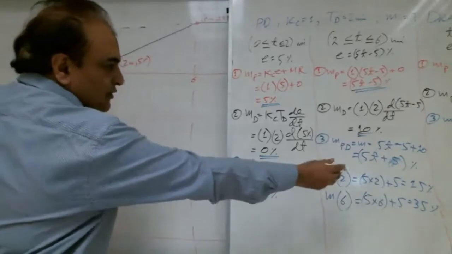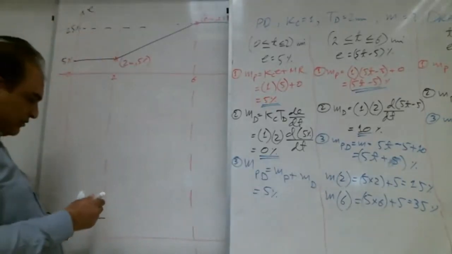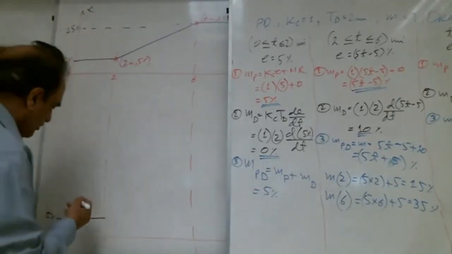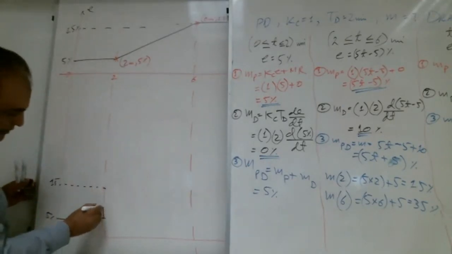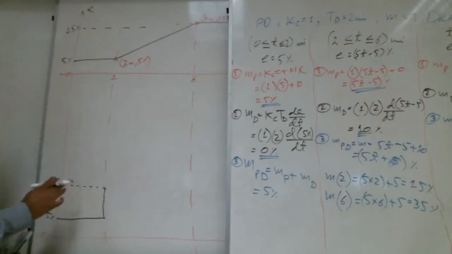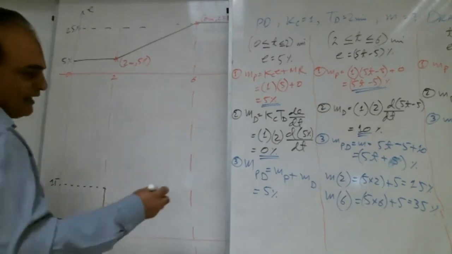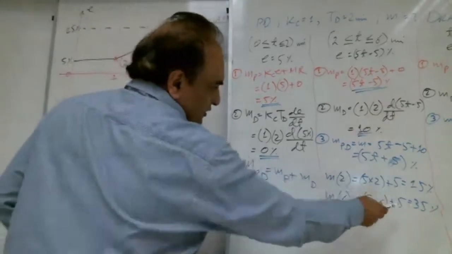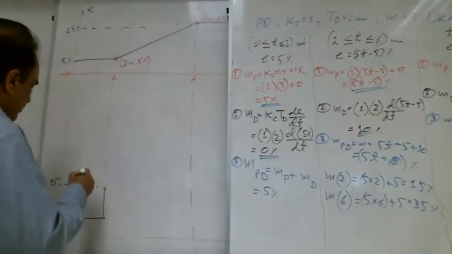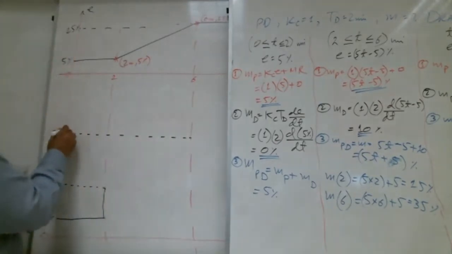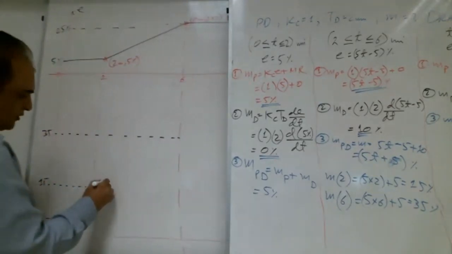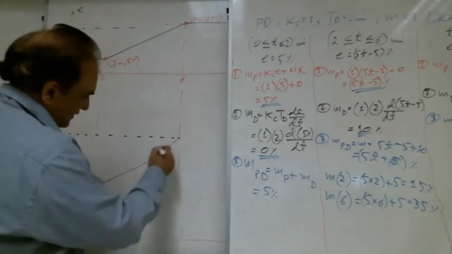So at 2, it is going to 15. That's good. So at 2, we will make a dotted line here at 15, and we will raise it. We all know a dotted line does not have any value. It is just for reference. Then at 6, it goes to 35. Right, Shabab? So we will raise it to 35. Again, we put the dotted line just for reference. So it will go like this. Again, it is a straight line.